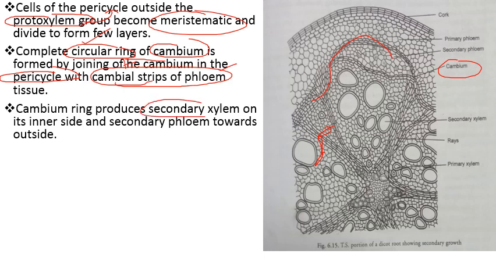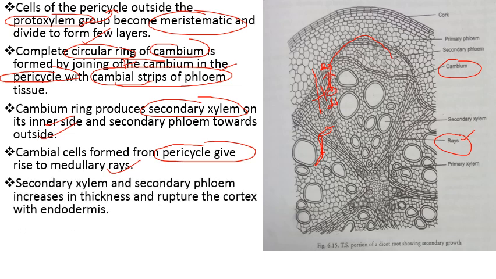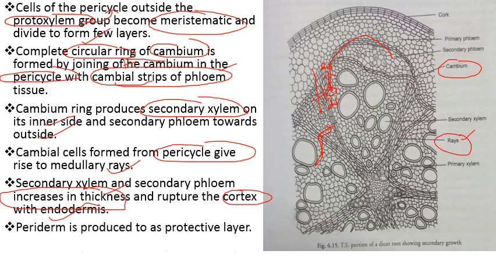It produces secondary xylem on the inner side and secondary phloem towards the outer side, which is the normal secondary growth. Then cambial cells formed from pericycle give rise to medullary rays. जो cambium cells बने हैं पेरिसाइकल से वो बनाते हैं medullary rays, और जो phloem के नीचे वाले सेल्स हैं जिससे cambium बना, they will form the secondary vascular tissue, that is secondary phloem towards outer side and secondary xylem towards the inner side. Secondary xylem and secondary phloem increase in thickness due to secondary growth, ये थिकनेस में इंक्रीज होते हैं, rupture the cortex with endodermis, जो endodermis है और cortex है वो rupture हो जाती है. Then periderm is produced